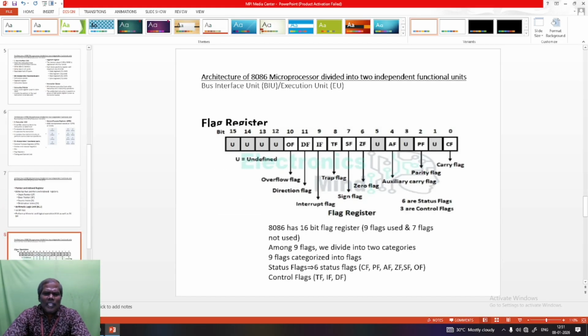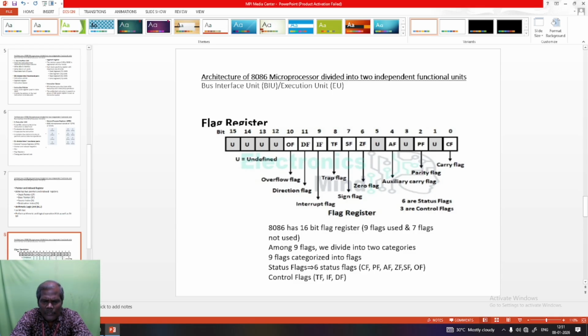Next we are discussing the flag registers. The 8086 has a 16-bit flag register where 9 flags are used and 7 flags are not used. Among the 9 flags, we divide them into 2 categories: status flags and control flags.